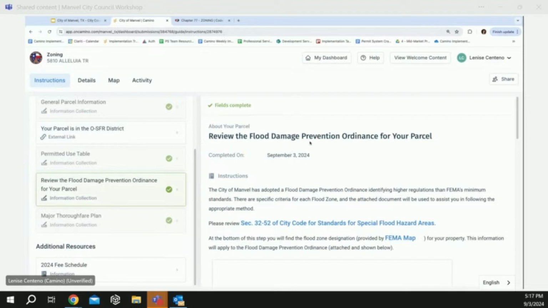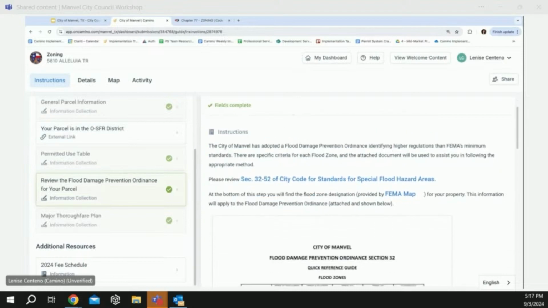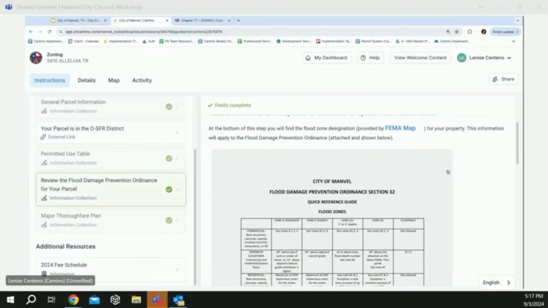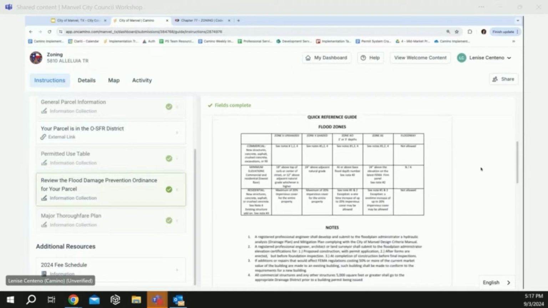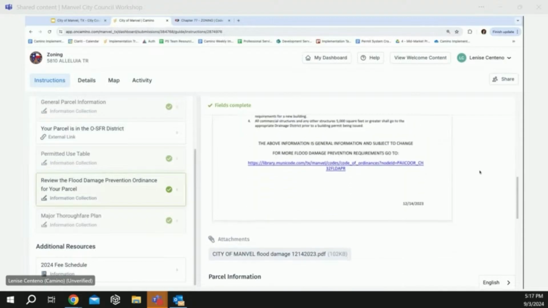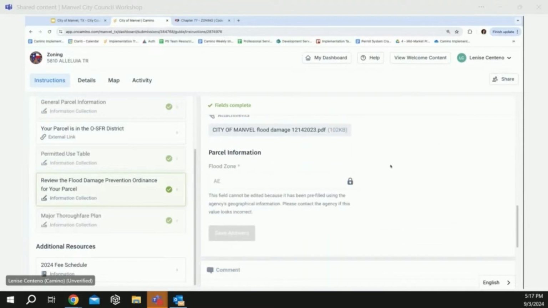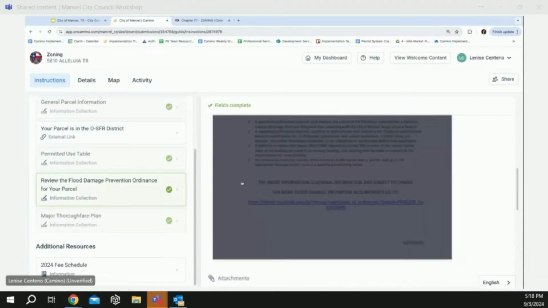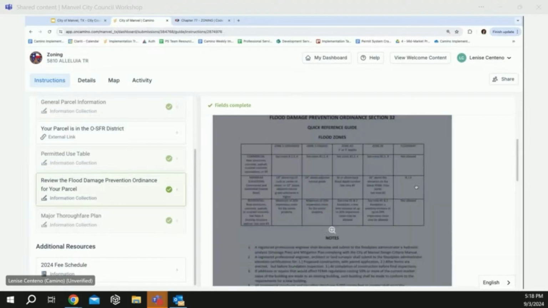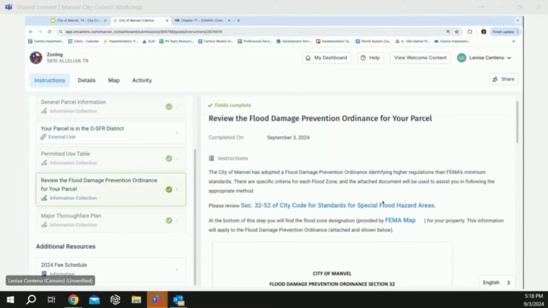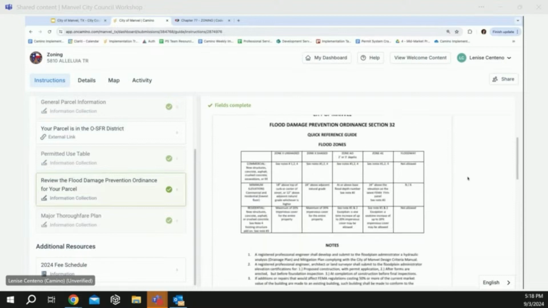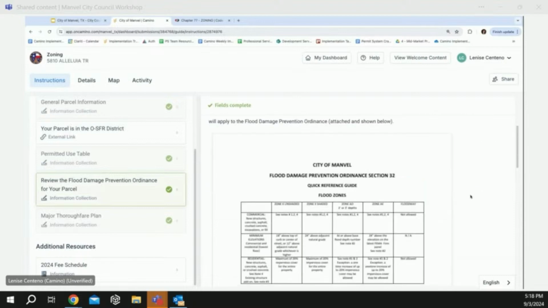There's also a step here about the flood damage prevention ordinance. Because this is unique for every parcel, we have the city's guide and their document for that listed on that step here. This guide is definitely heavy on GIS data. We have what their flood zone designation is, so they can see that it's AE here. And then if I'm a resident, I can look and follow the chart there. I can download this, I can print it out, or I can directly click the link here and view it that way. We have additional resources with the FEMA map as well.